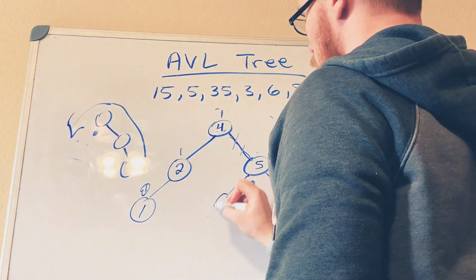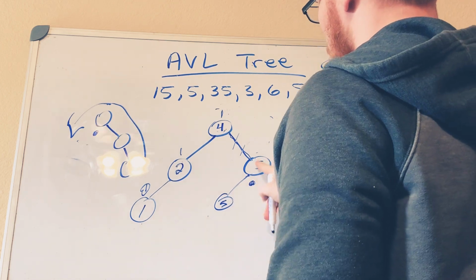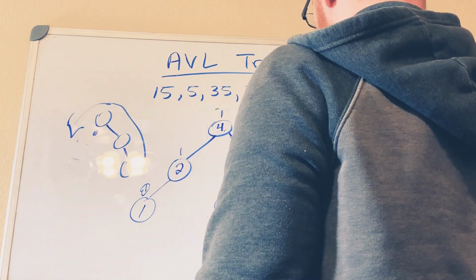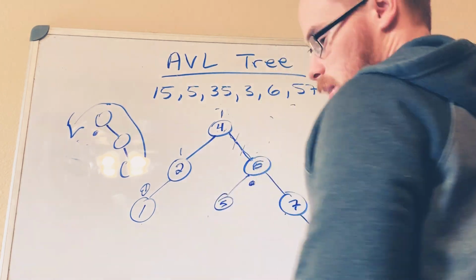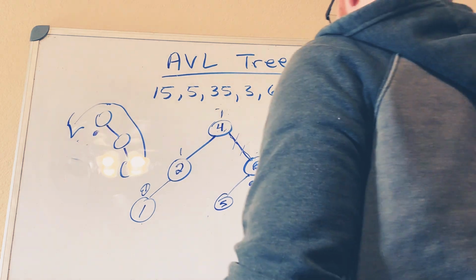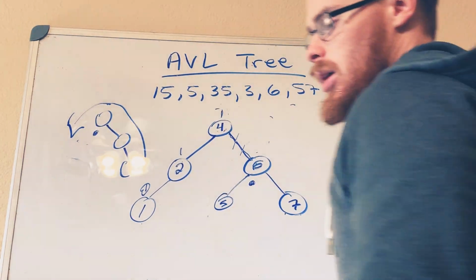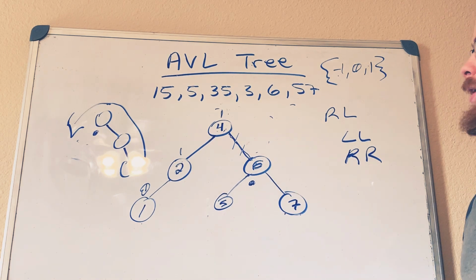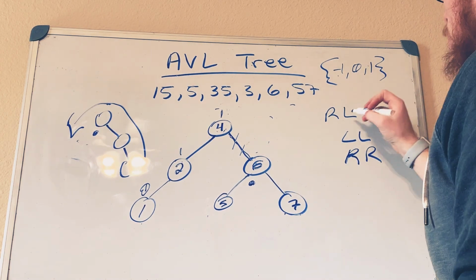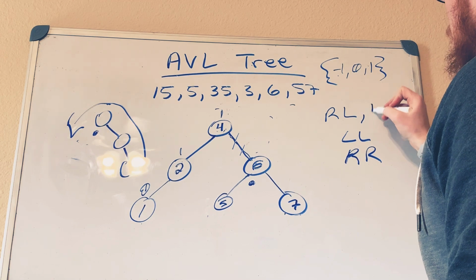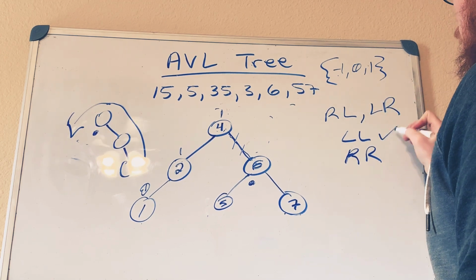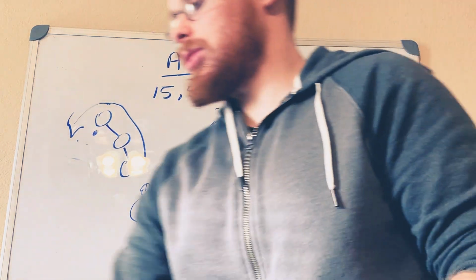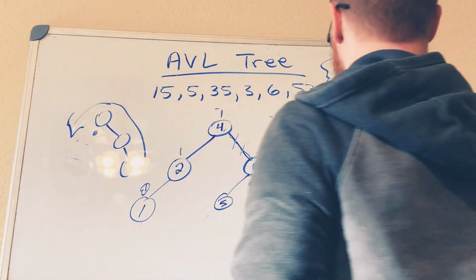So when we pull it, this is going to become 5, this is going to become 6, and this is going to become 7. And this guy is obviously gone because that was 7. Okay, so that kind of shows you the different rotations, because there's going to be RL, LR, and then left, and RR. So there are 4 different rotations that you're going to use. But anyways, let's get to